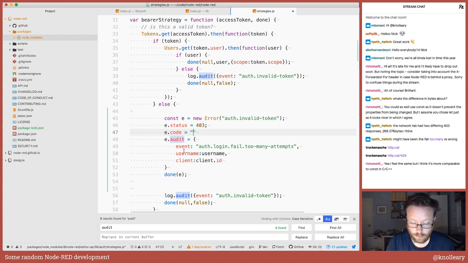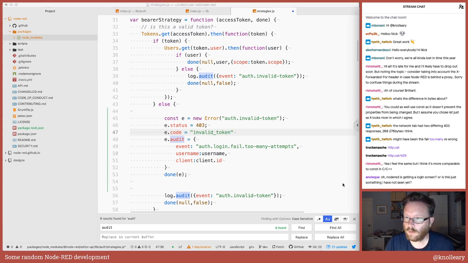Oh, I'm just going to stick in invalid token. Is Node-RED getting a login screen? Node-RED has had a login screen for a very long time. So,